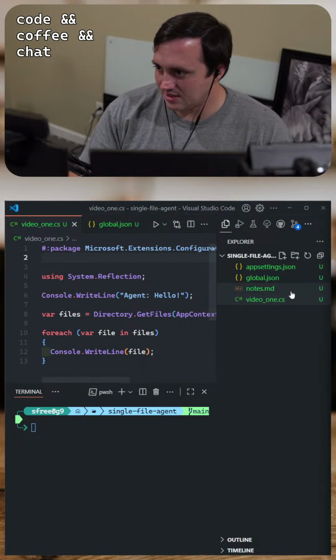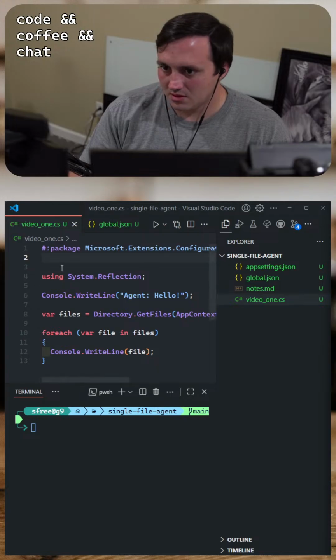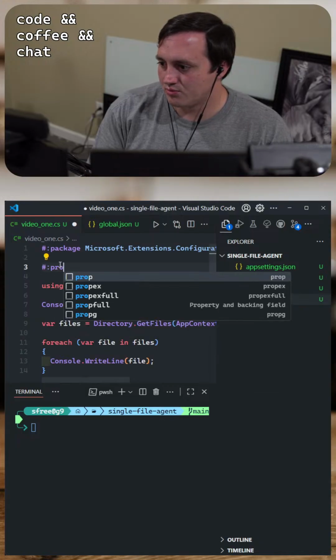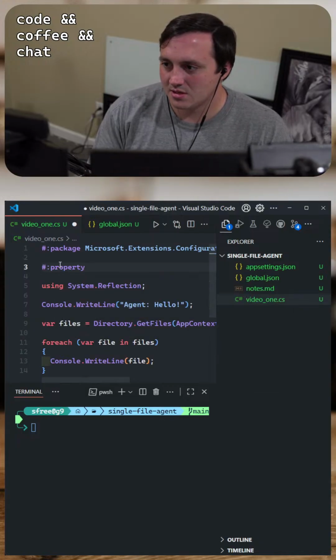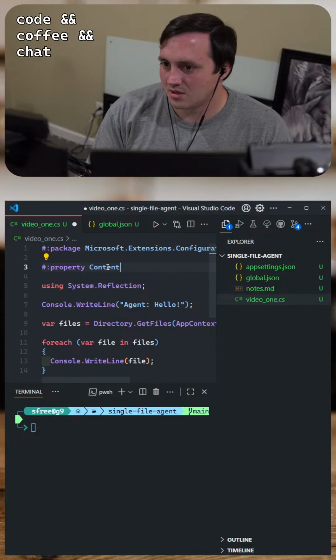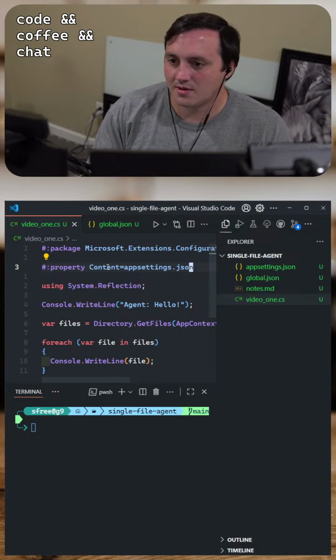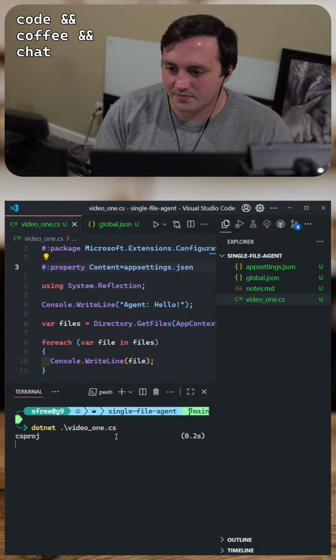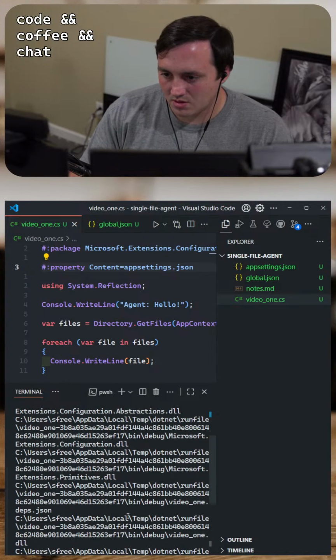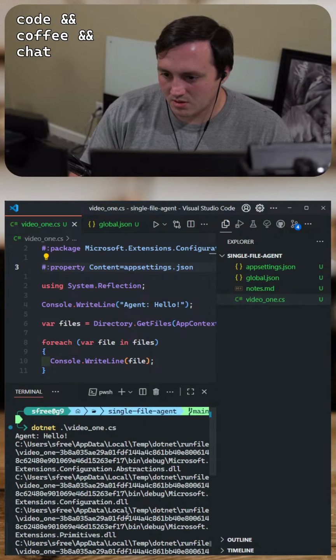Could I do something like a property? What was the attribute? Content. I don't even know if that'll work. Looks like I just ignored it.